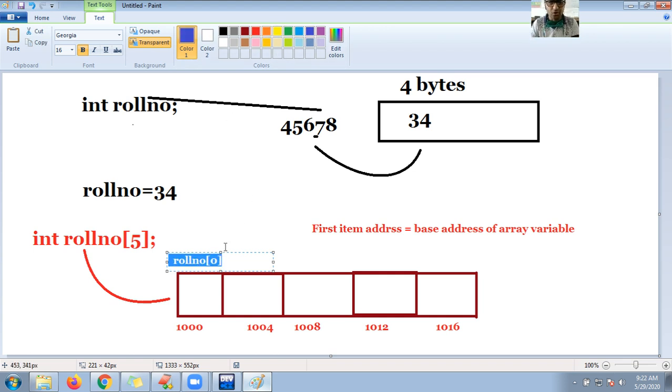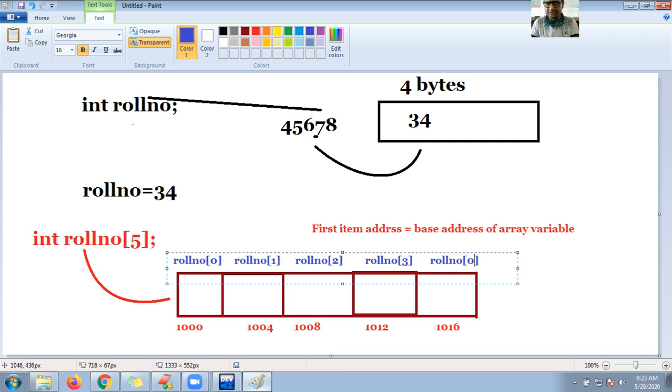Roll number of 0. How can I access the next element? Roll number of 1. The next element, roll number of 2. Then roll number of 3. And the last element index must be size minus 1, that is roll number of 4.